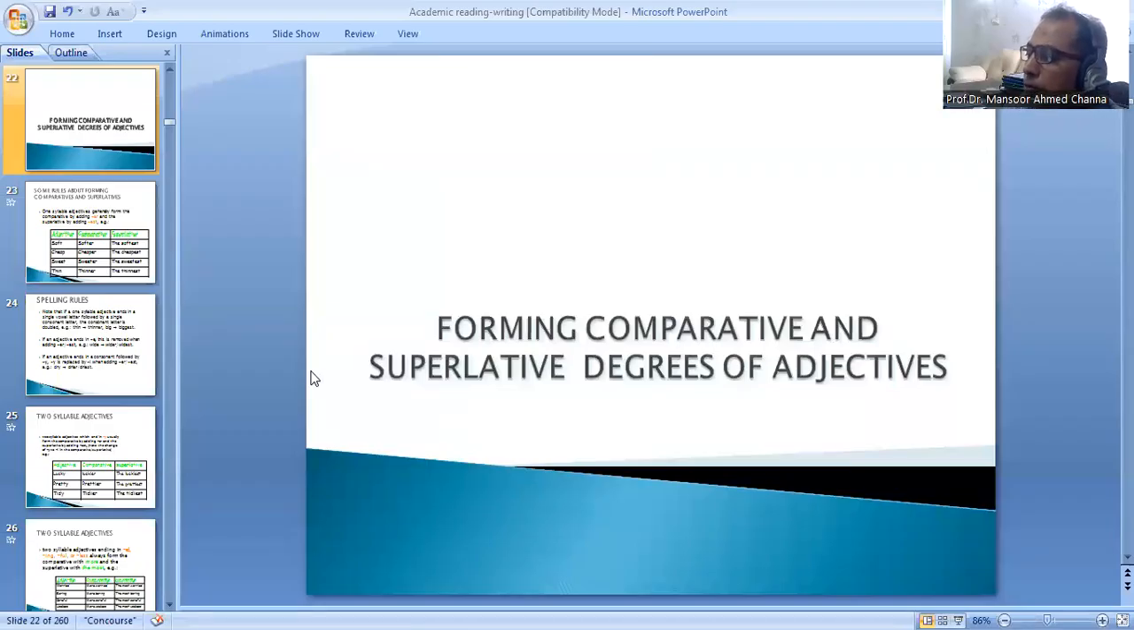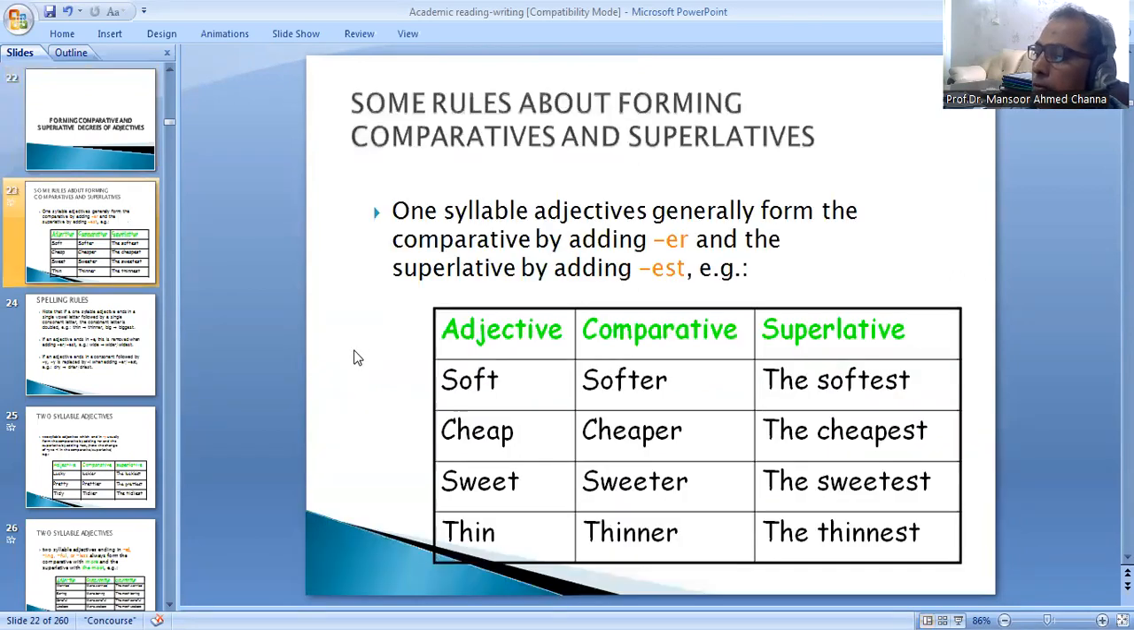Let's study about forming comparative and superlative degrees of adjectives. There are simple rules for forming comparatives and superlatives. Rule number one is that one-syllable adjectives generally form the comparative by adding -er and the superlative by adding